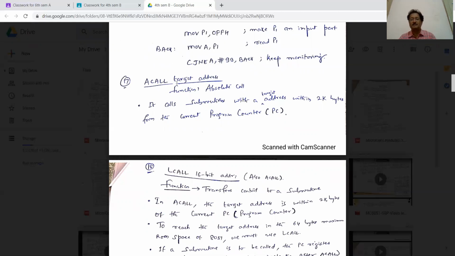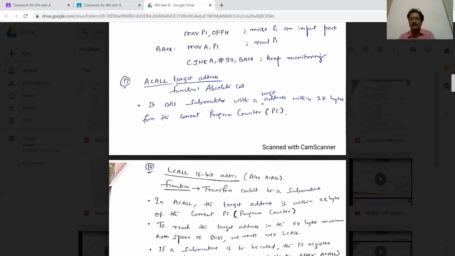In the context of the microcontroller, if you are asked to put a delay of something like 1 second, 2 seconds, or even quarter second, it is a long delay. That time you can use LCALL also, but most of the time the delays expected from you are in terms of milliseconds, microseconds. So better you use ACALL.